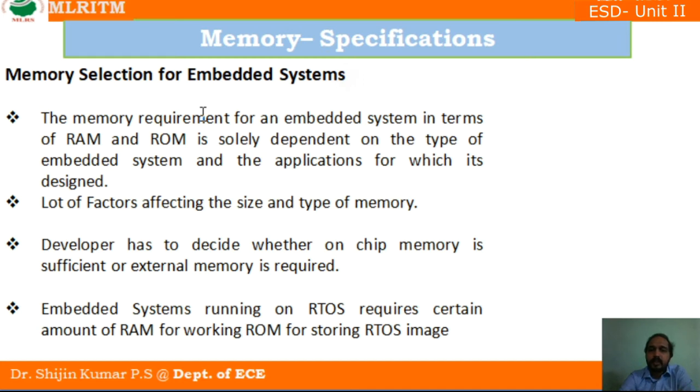Okay, suppose we have a chip. For example, we are having a microcontroller. So what is the peculiarity of the microcontroller? Inside the microcontroller chip itself, we have a ROM and a RAM. Okay, so the size of the ROM may be in the range of KB, kilobytes, or maybe 1 MB may be available. Okay, so we have to check for what application we are using that particular microcontroller. Okay, what is our application?